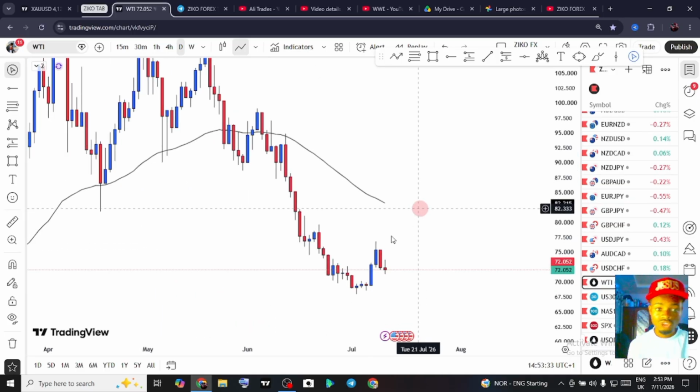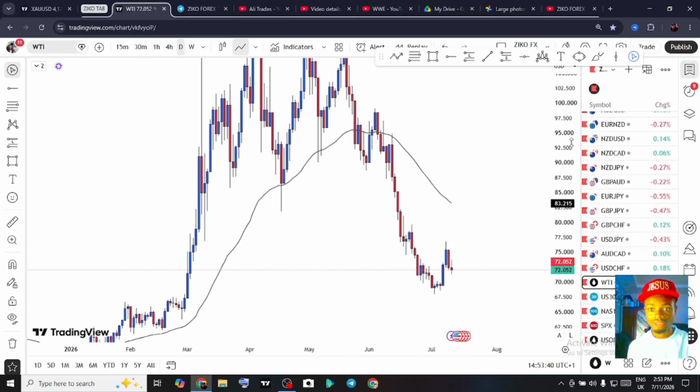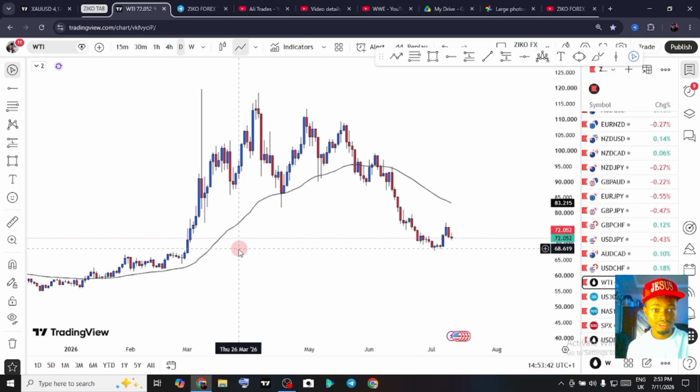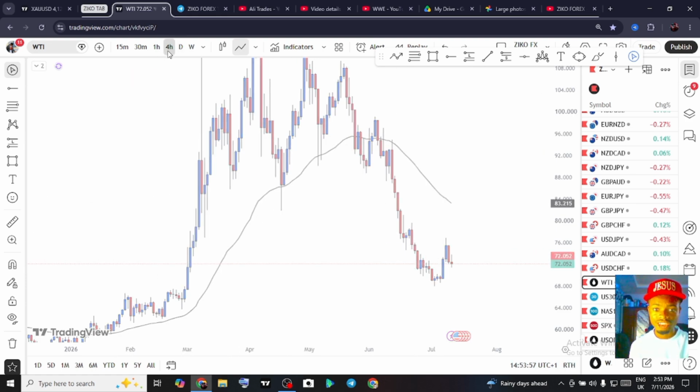As for indices, we have not started trading indices yet. I just told you guys that I'll be paying attention to this market to see how they play out, right? Because we are looking for momentum in this market. So, this is WTI. That is oil, right? I don't know. I can't see anything here. Daily time frame,